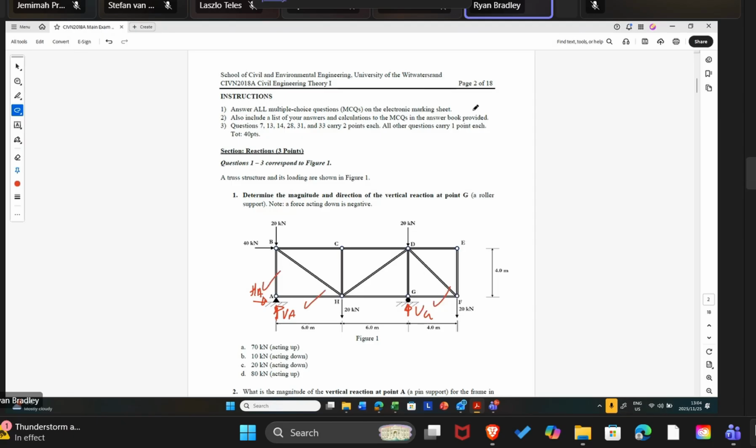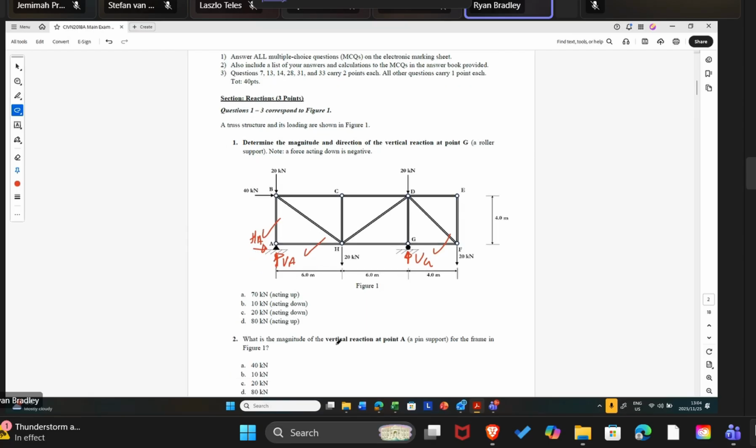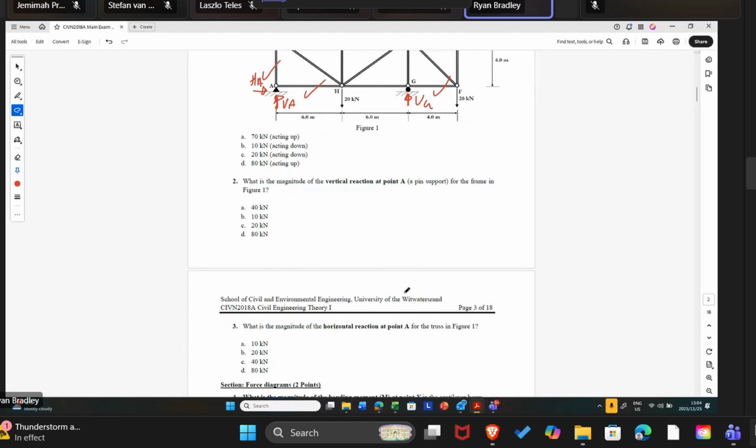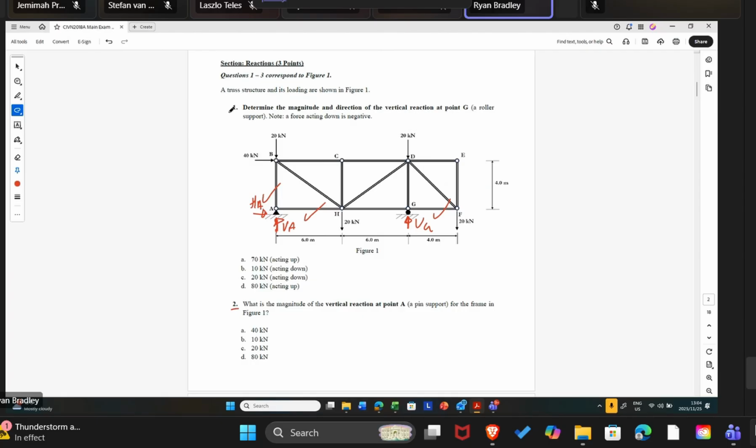Okay, we can see here, question 1, what is the support at the roller? What is the vertical reaction at point A? And then what is the horizontal reaction at point A? Okay, so questions 1, 2, and 3 are simply asking what you would be asked in your exam, a similar question, which would be to basically go about using the three equations we have,